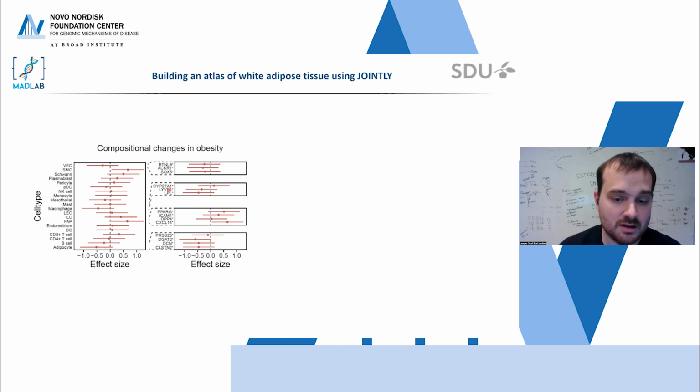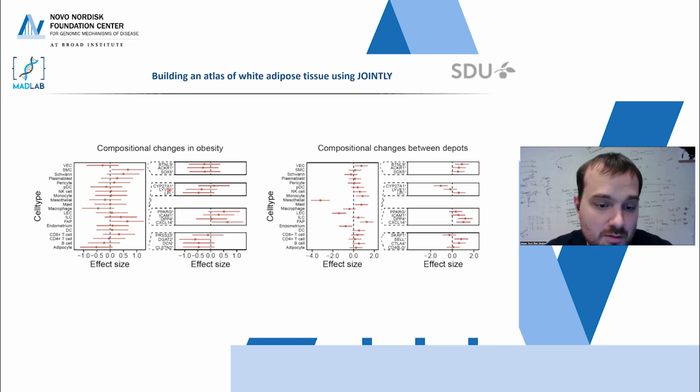across obesity. We can do the same if we look between depots. So here to the left, we have the visceral adipose tissue, and to the right, we have the subcutaneous adipose tissue. And we can see, as we would expect, that mesothelial cells are only present in the visceral adipose tissue, and other sort of changes. So, for example, we see, interestingly, that FAP cells specifically is high in